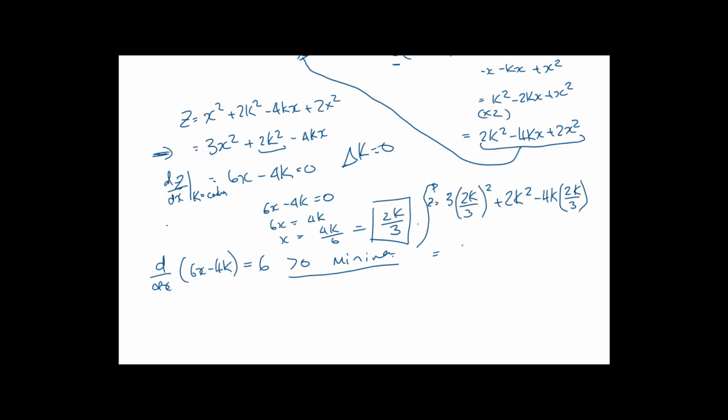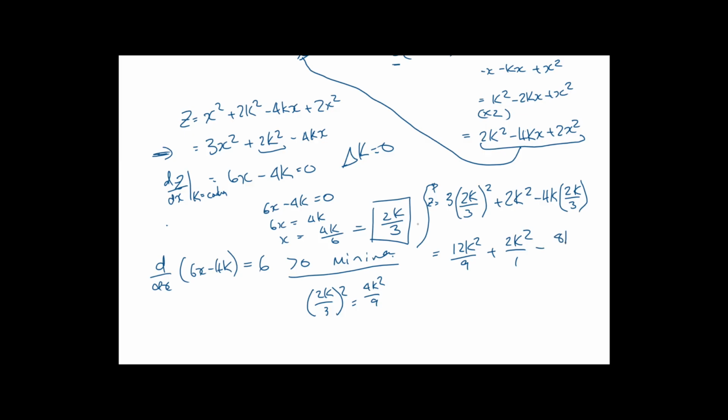So when we expand out this bracket, 2k over 3 squared is going to be 4k squared over 9. Times that by 3, so it's going to be 12k squared over 9 plus, and I'm going to put it over 1 there because I want them over a common denominator,